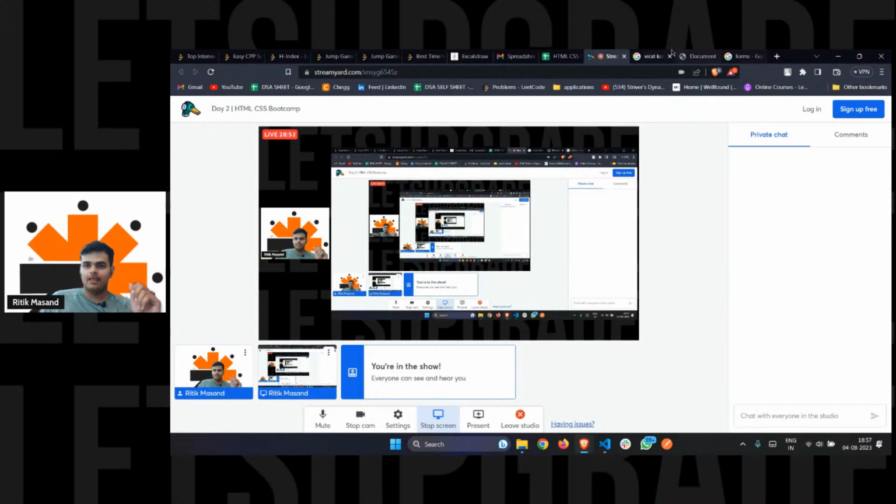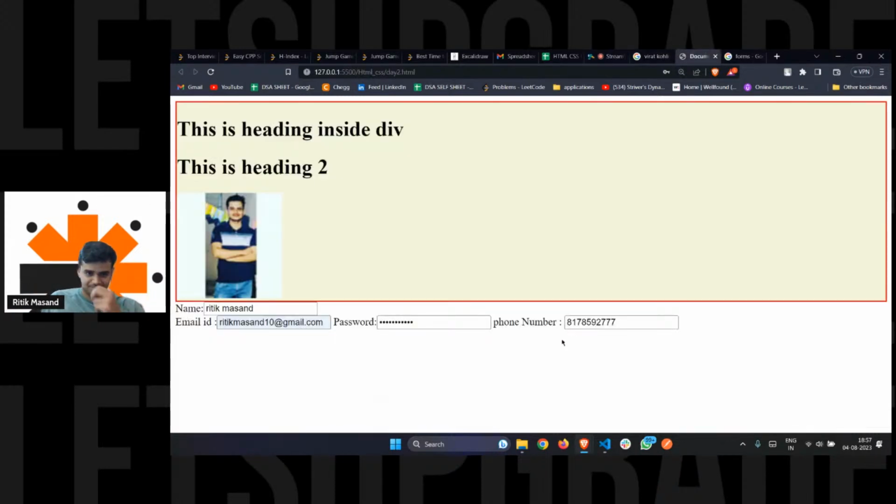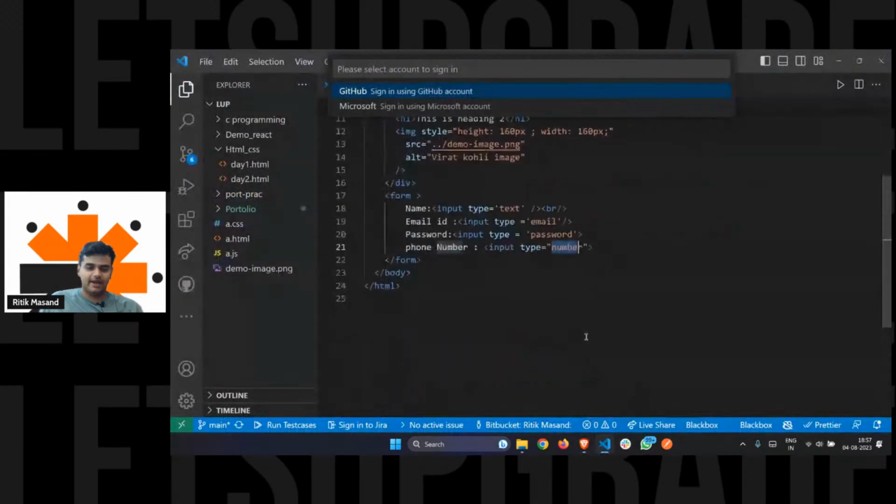So this is all about forms, right? It also has other attributes. What are those attributes? You can also have a label. Label is used to define the format. You can have a label as name, or let's suppose you have a label here and you can just type in